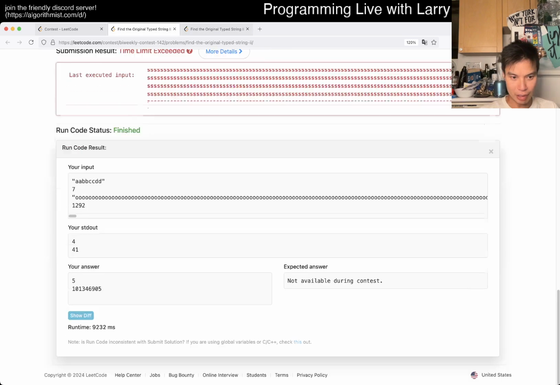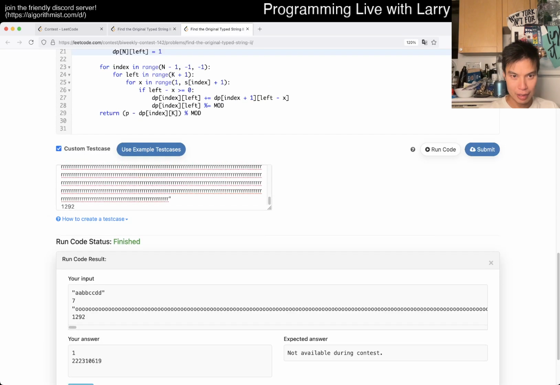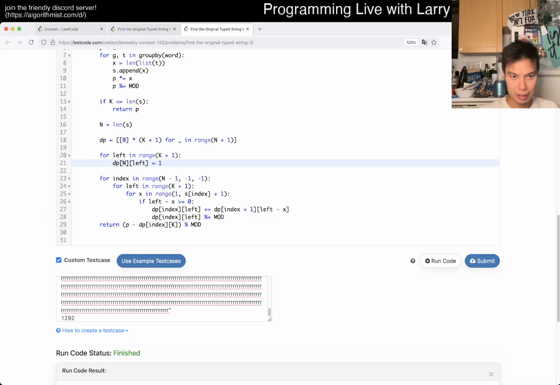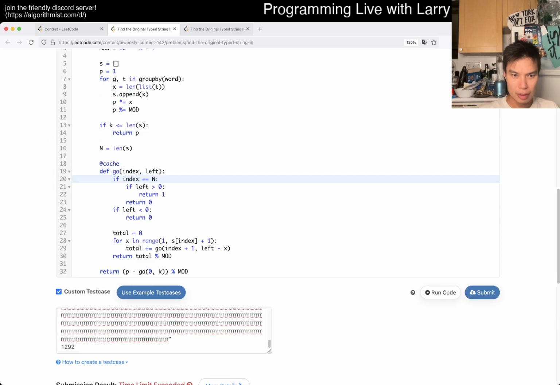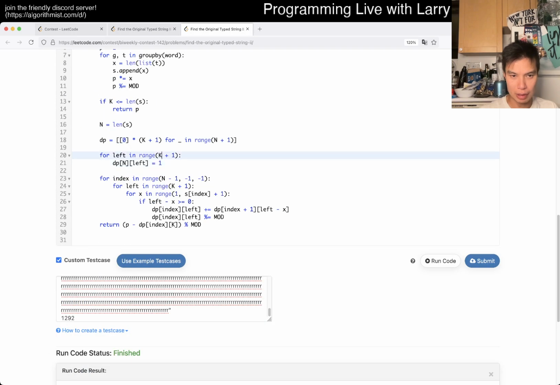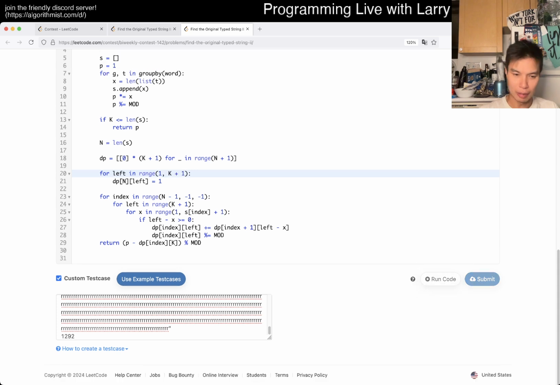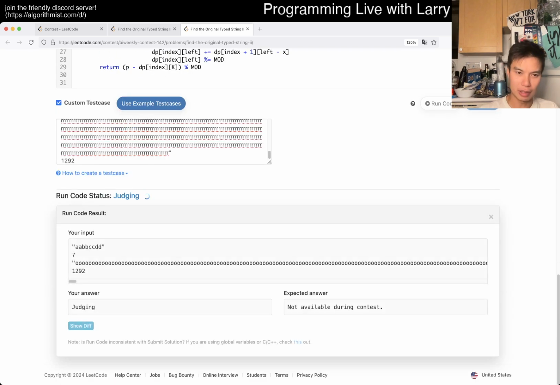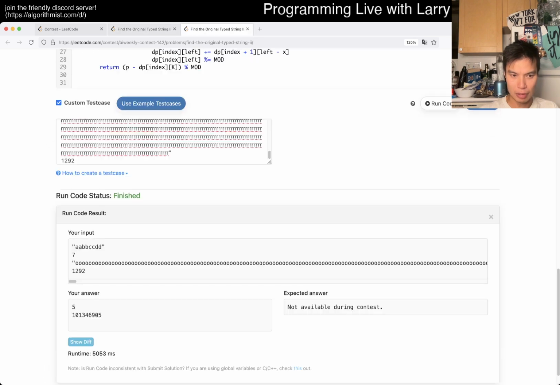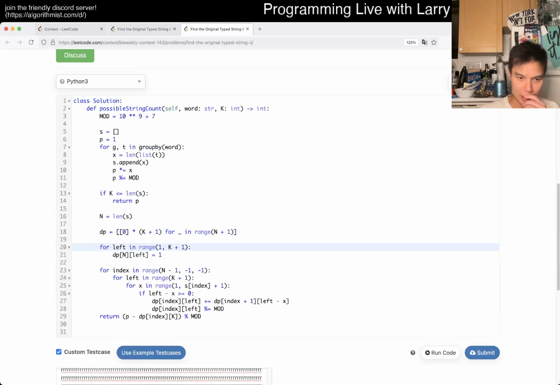Hey, that's very wrong. Left is greater than 0. Oh yeah, because we want something strictly. Technically, I guess we can just remove an index, but I think this is fine. Okay, so now we translated to bottoms up.